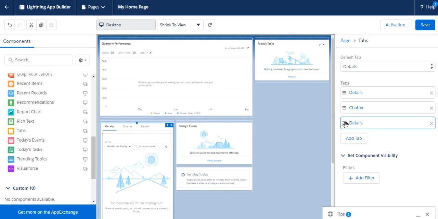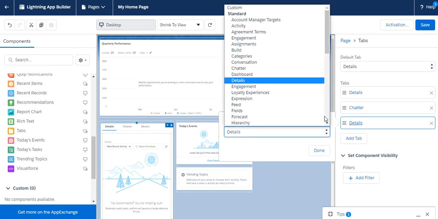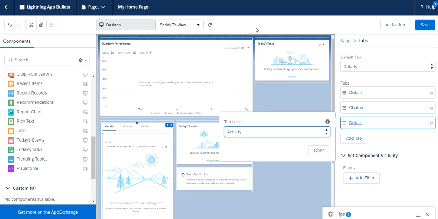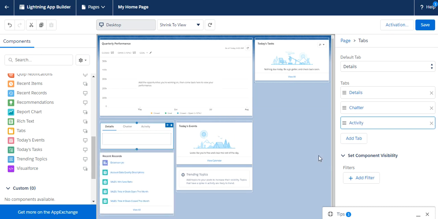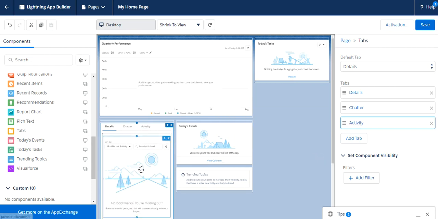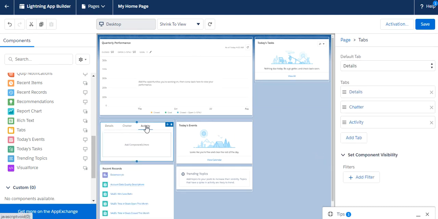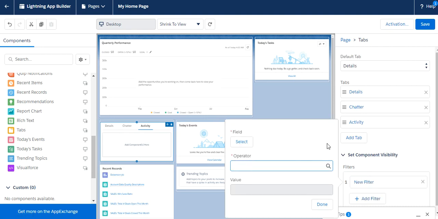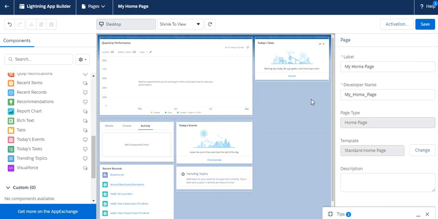You have to click on add tab, then change the field name from here. You can select the activity. This is how we can add different things. If you want to add a filter, we can also add the filter, but we will talk about the filter in the next video. So that's all about the App Builder.